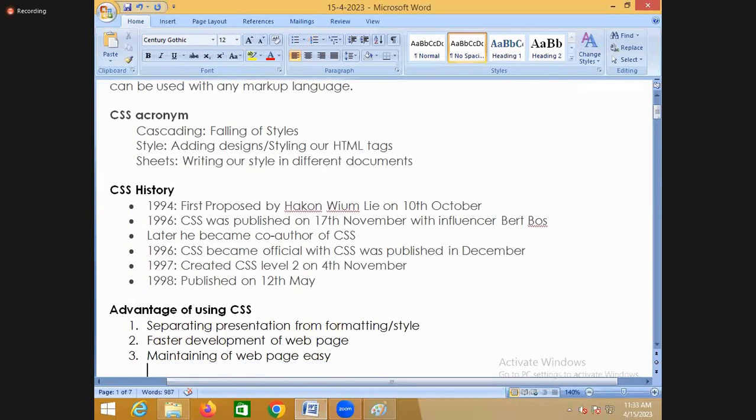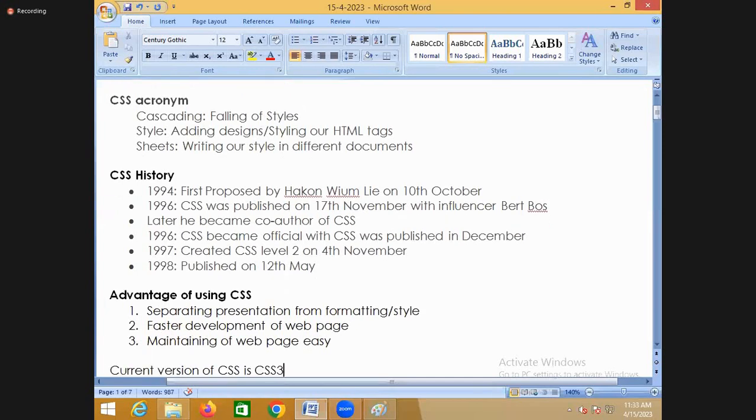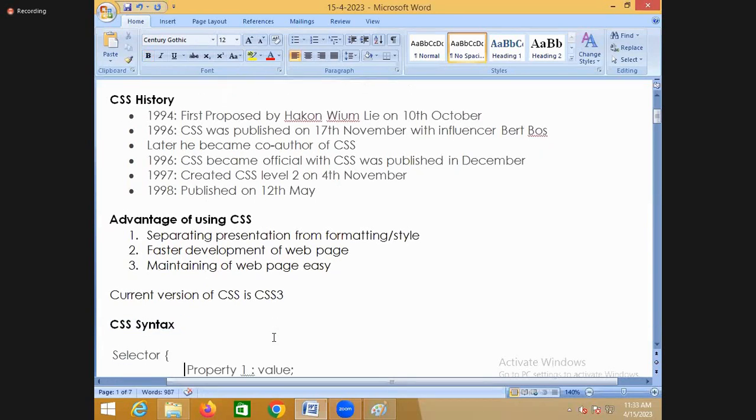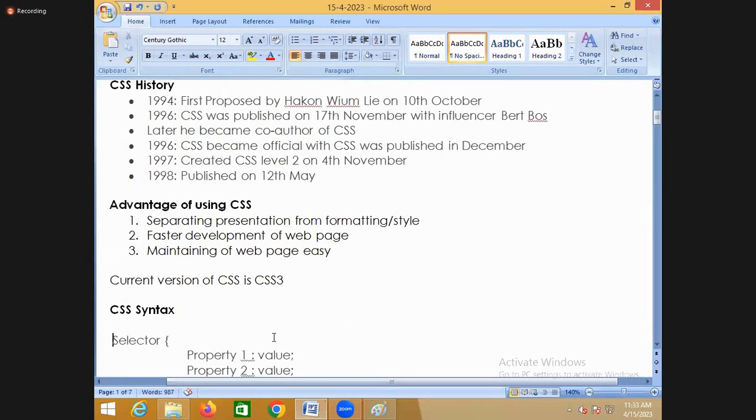Then how to use CSS, or how to create styles within the web page? You can create styles in a web page in different ways. Before creating the styles, what is the syntax of CSS? Now CSS has the following syntax. First what you write is the selector. We'll talk about what a selector is. There are different types of selectors, like element selector, ID selector, class selector. We'll talk about that. So you define the selector name,